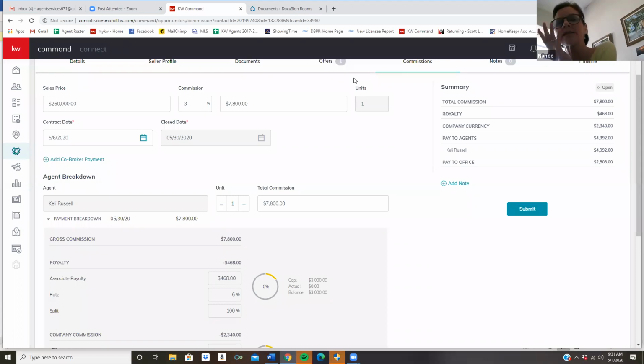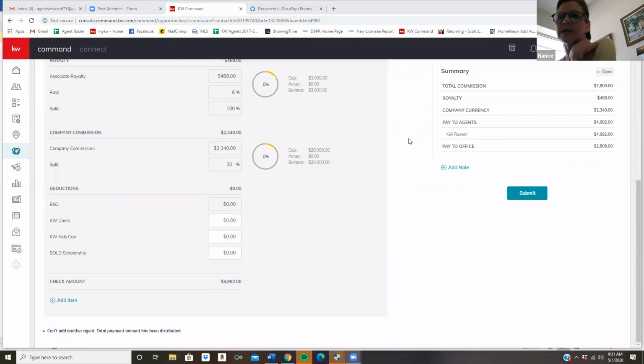Right now it's not connected, but it will be, and it should be shortly. It shouldn't take them that long to connect that portion, because when we close out your file in Winmore, it is actually going to show in command real time, so, real numbers. So it has some connectivity, but not total connectivity yet.